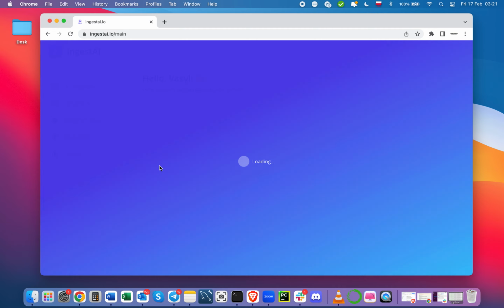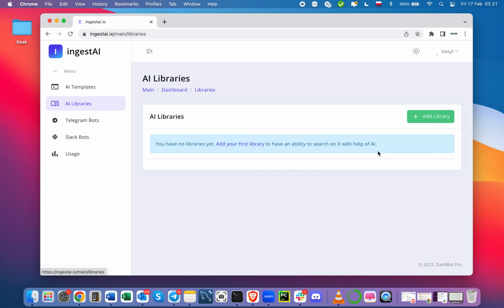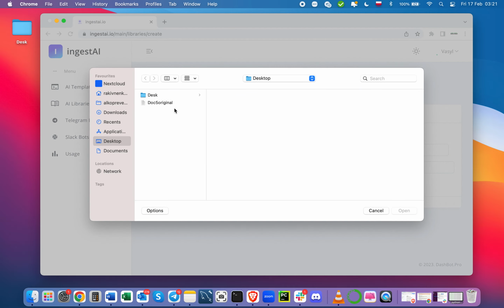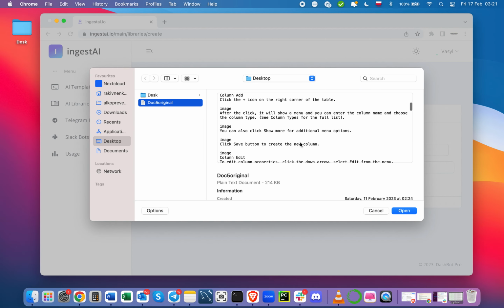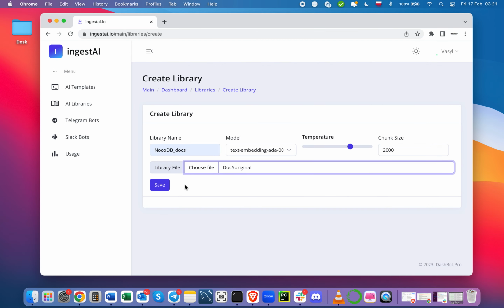Here we are in IngestAI now. So first thing we're gonna do is to upload a file documentation based on which our bot would, in fact, let's call it NocoDB docs. We can choose different model, temperature, and chunk size. So based on this documentation, ChatGPT would generate the answer, and we're gonna save it. It's done. Now we go to chatbots,